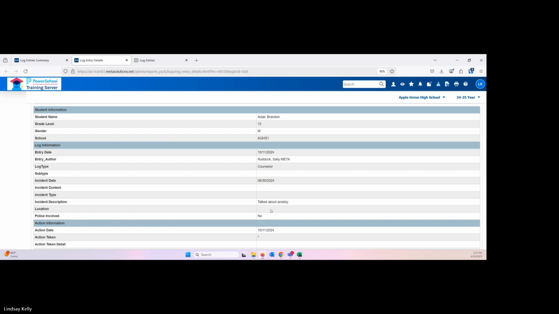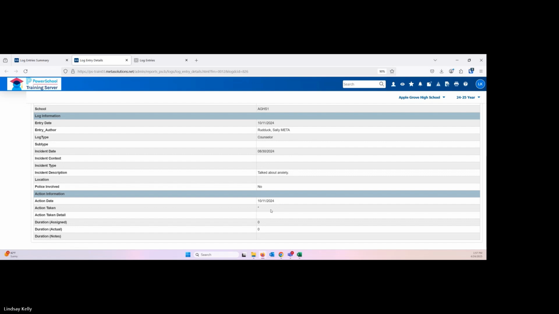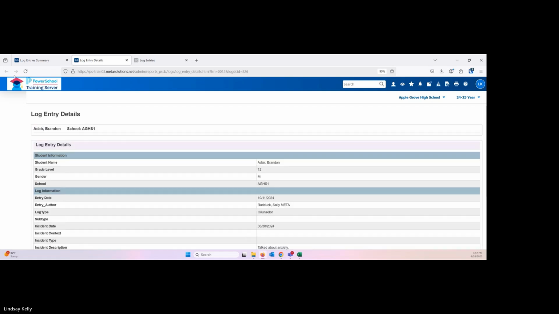It's a log entry detail. And then also, if you go back out to your start page on Brandon,